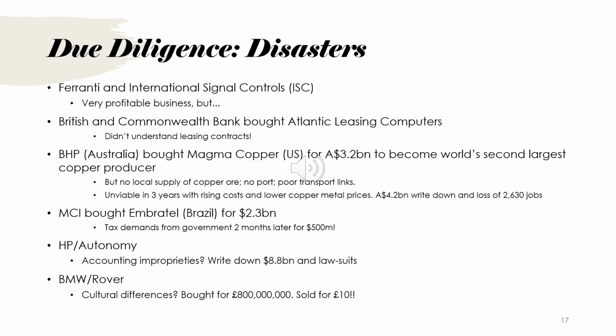More recently, Hewlett-Packard, an American company, bought Autonomy, a UK company, and then they said there were lots of mistakes with the accounting, which made them misvalue it, and they had to write down this deal by $8.8 billion. It was an $11 billion deal, so it's an $8.8 billion write down, and they are still in lawsuits over this. The UK would say that in fact it was because Hewlett-Packard did bad due diligence and that they were in fact honest. At the moment, nobody knows the answer to that.